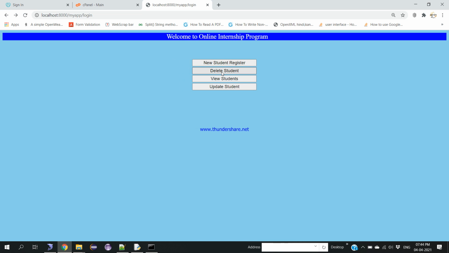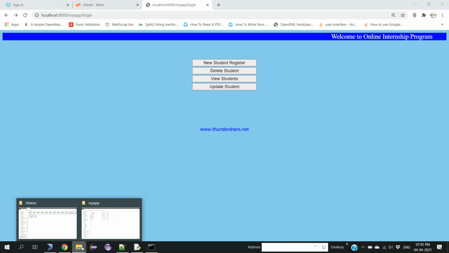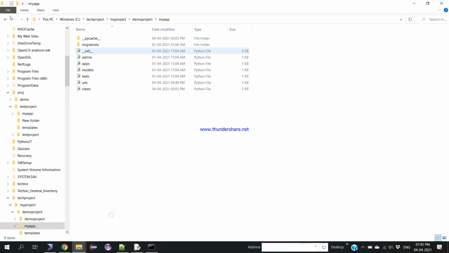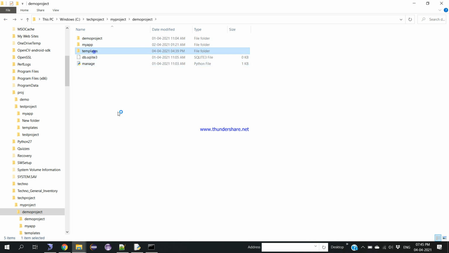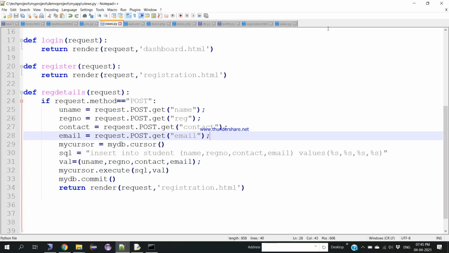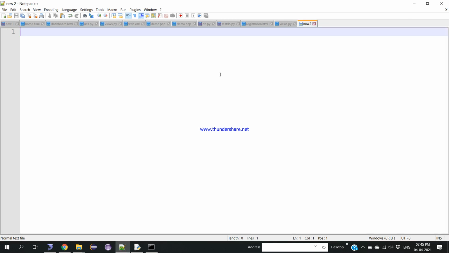Then let me create another page. Let me give some link so that if I click on this button, it should show some other page, the same way that we did for the new registration option. Okay, let me do this. Go to the folder my app, and in templates, let me take an empty page. Let me create an HTML file,